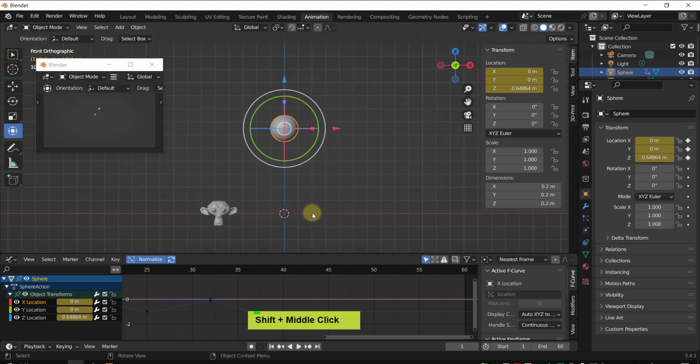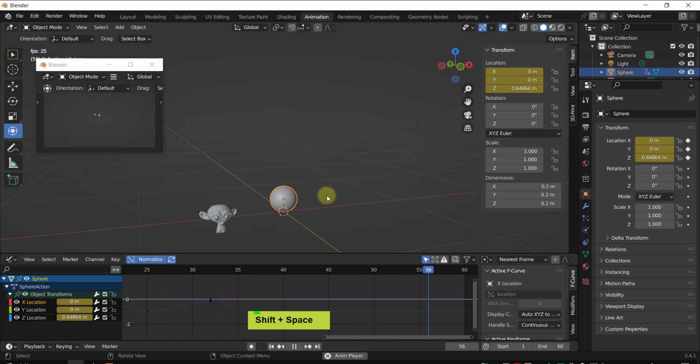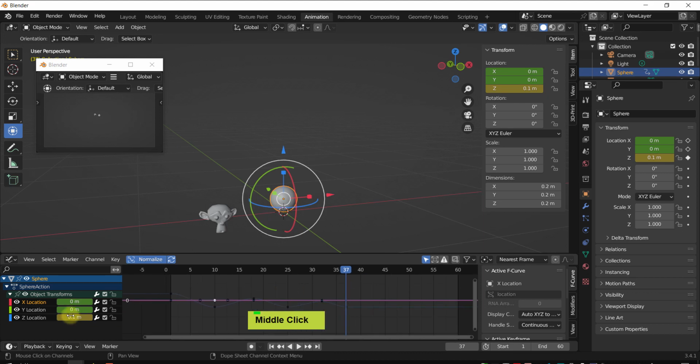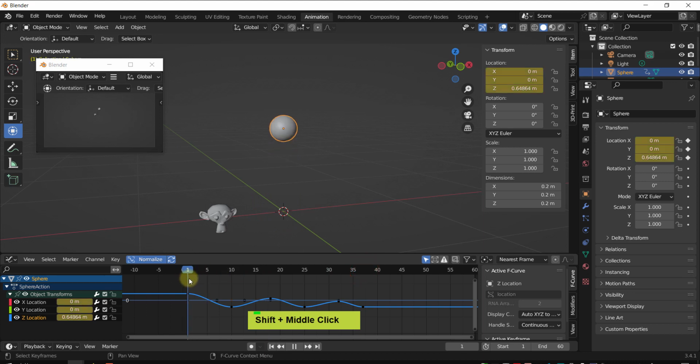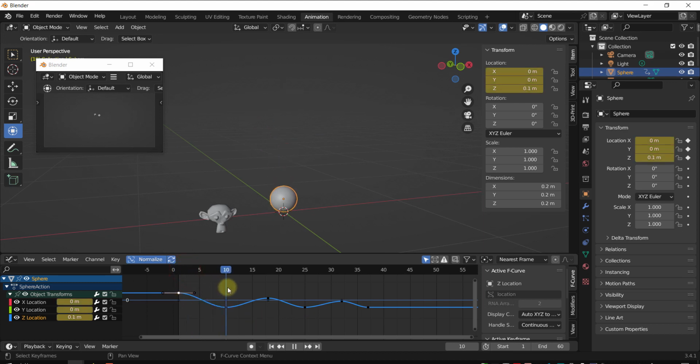Now, how do we make this bounce a little bit better? Because it's just fairly odd. It's like a piston, a sinus type of movement and not really a bounce. So what we have to do is think of the energy. The ball falls down, it may accelerate, so it goes faster and faster, but this speed is continuous and it never stops until it reaches the floor. So we have to make this constant by using a different